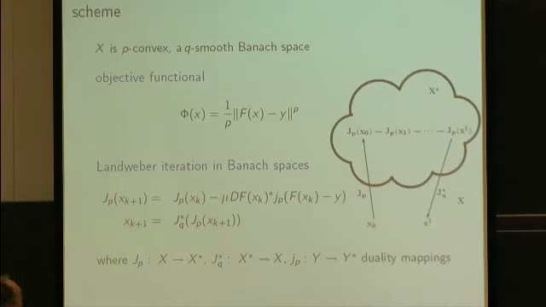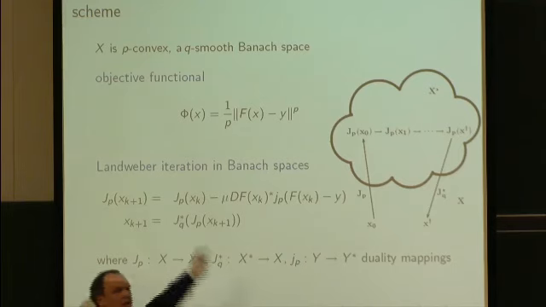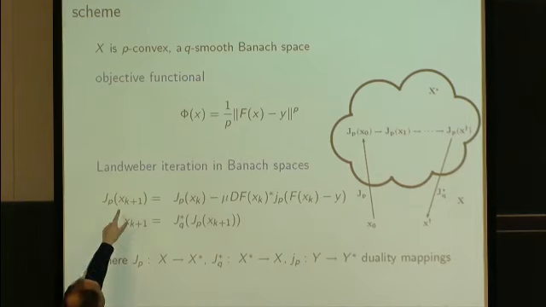And so here comes the iteration scheme, prior to saying anything about convergence. This is a Landweber iteration. In the Landweber iteration you take as an objective functional, as I write here, in this case, the p power of F(x) minus y, and you iterate, and the iteration is over here. It goes by a duality argument. So here is your residual. You apply the duality mapping. This is your Fréchet derivative, to which you apply the adjoint, the dual, not the adjoint. Then this is from the previous step, and mu is the step size. So it looks just like a standard Landweber iteration, except it is nonlinear. And this is how you compute the dual of the next step.